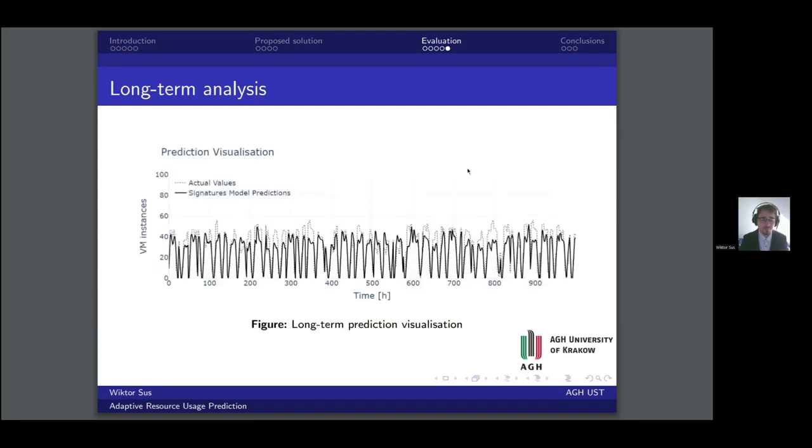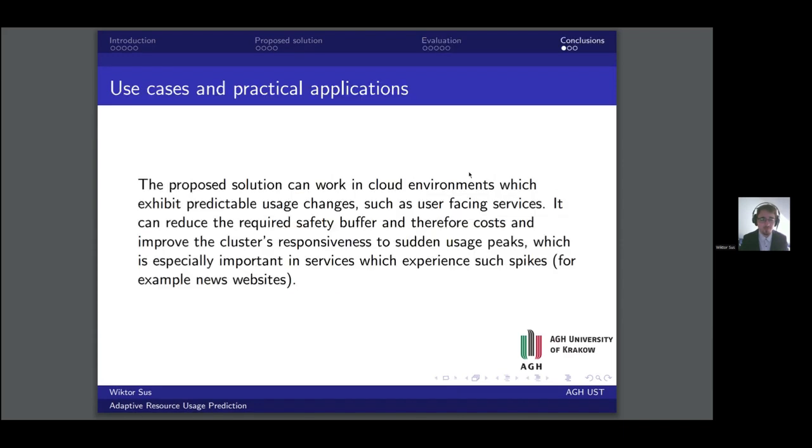We have also analyzed the performance over a longer period of time, of up to a month, to see how the model behaves. The results are presented in this figure, in which it is possible to see the model's predictions compared to the actual values. While these predictions are not exact, they follow the trends well. The presented solution can work in cloud environments in which prediction is possible, as mentioned in the beginning, and can reduce the safety buffer and the costs. Additionally, the cluster's responsiveness to peaks can be increased, which is important in services experiencing dynamic changes, such as news